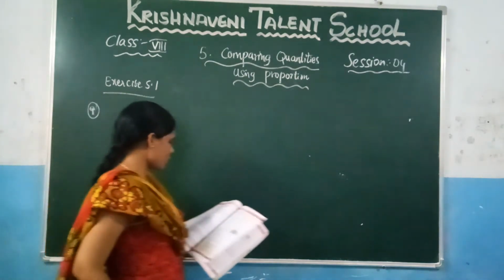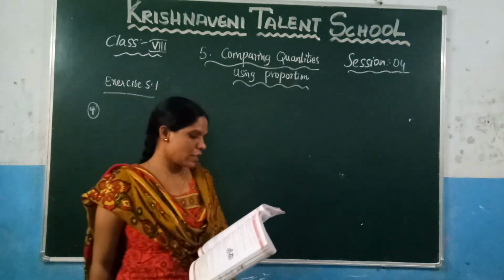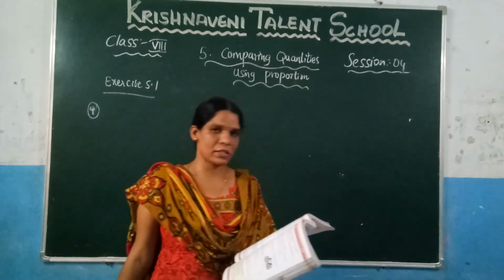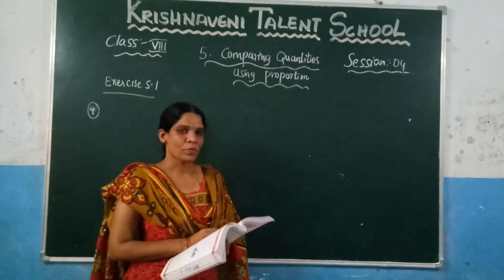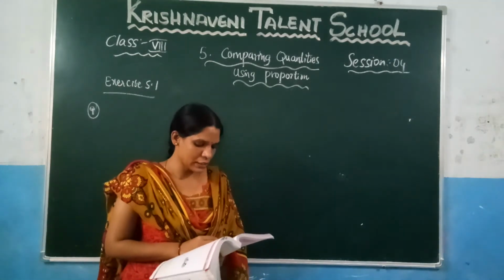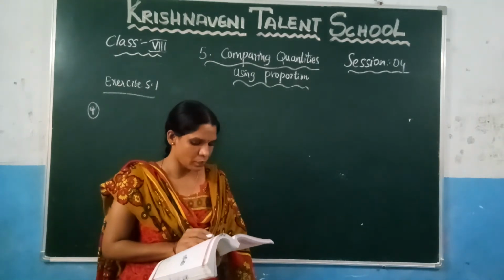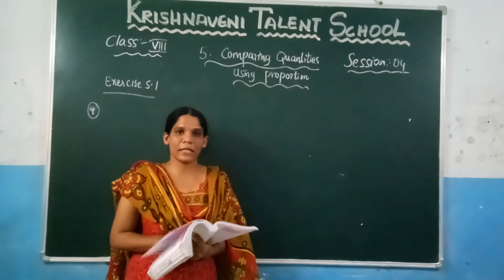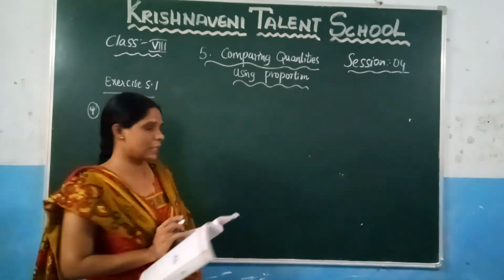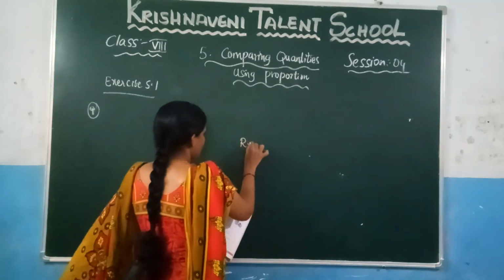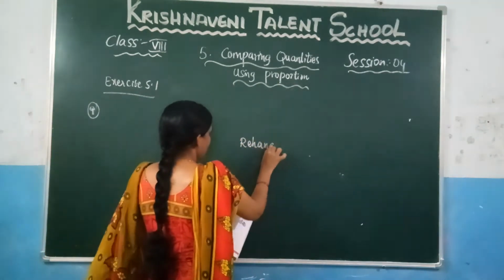Ninth question. What is the question given here? Rajendra and Rehana own a business. Two persons are there. They have some business. What is said here? Rehana receives 25% of the profit in each month. In each month, he is getting 25% of the profit. Who? Rehana.